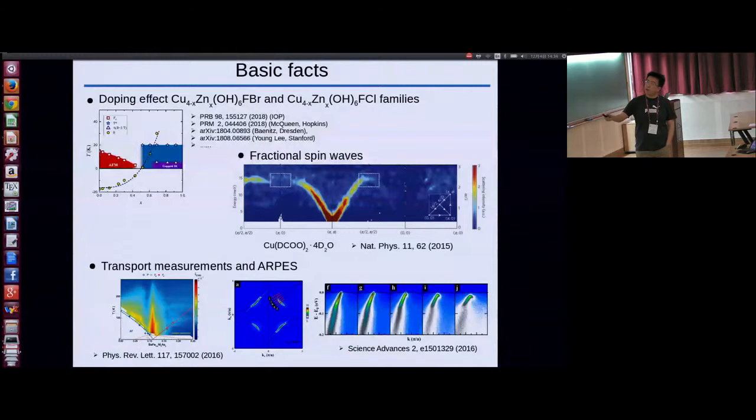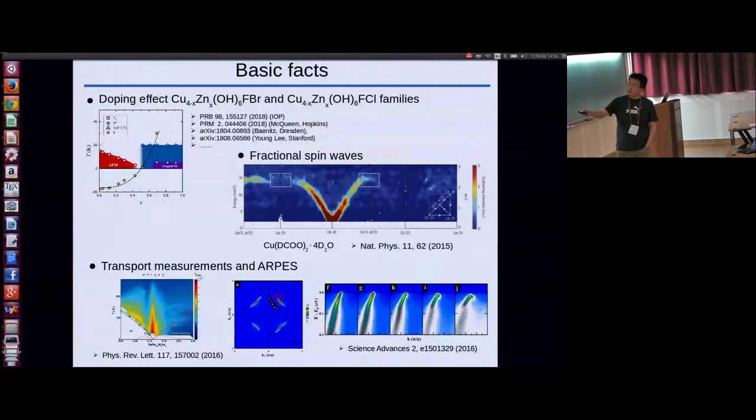So not only us, but people in some other places in the world, in Hopkins, in Germany, and also in Stanford, are following up doing this experiment on this material. So this is for quantum spin liquid, but even for some simple things, I think Li Yuan mentioned this morning, even for the simple material which is believed to realize a perfect square lattice antiferromagnetic system, there are still some peculiar features of this neutron scattering data, in the sense that at low energy